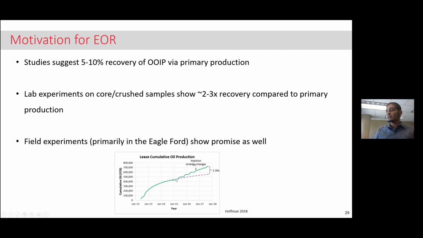But they shut their wells in for a period of time, and then they brought them back on after injecting a solvent. And you can see that incremental recovery. Then they shut it in again for injection of a solvent, then brought it back on. And you can see that if you were to just take this all the way out over here and extrapolate what you would have done if you were doing primary recovery, we've recovered roughly about 30% more oil. So 30% more oil is a significant amount if you think about the fact that the United States is currently the largest oil producer in the world. So 30% more oil is a lot.